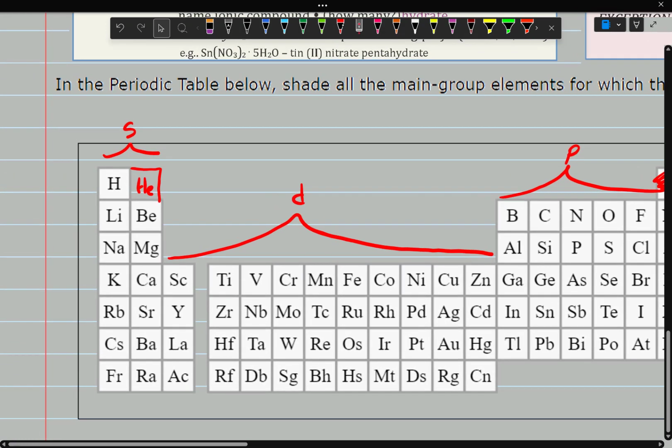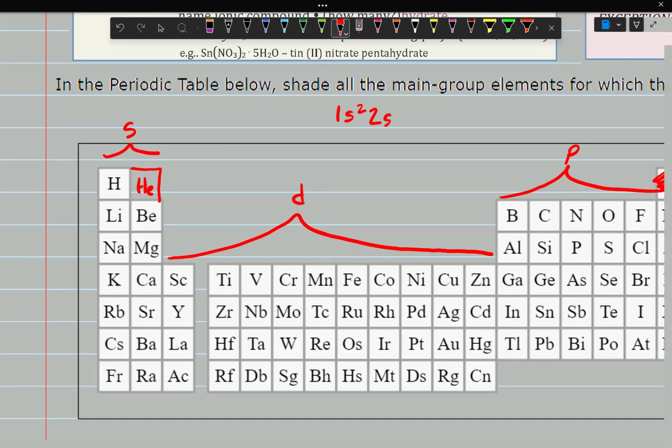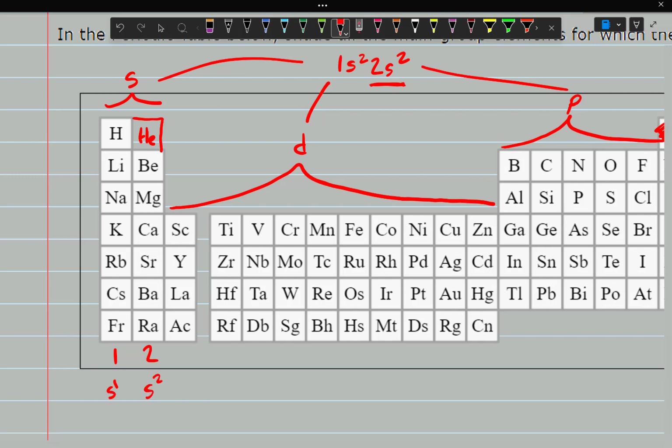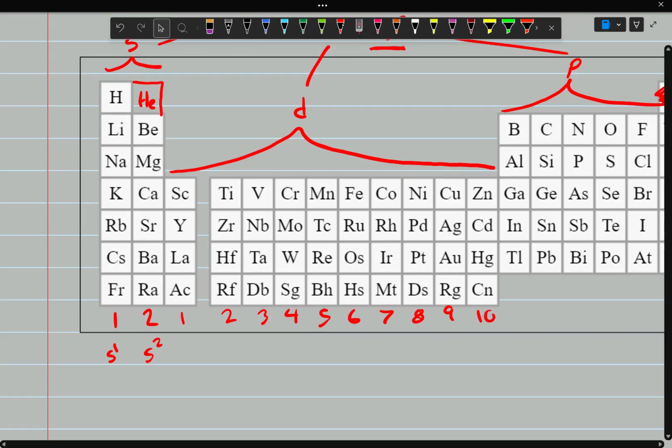So all this means is that if you write out 1s2, 2s2, etc., the final outer valence energy level corresponds to these 3 groups. So 1, 2 is our S1 and S2. And then in our D group, we have 1, 2, 3, 4, 5, 6, 7, 8, 9, 10,